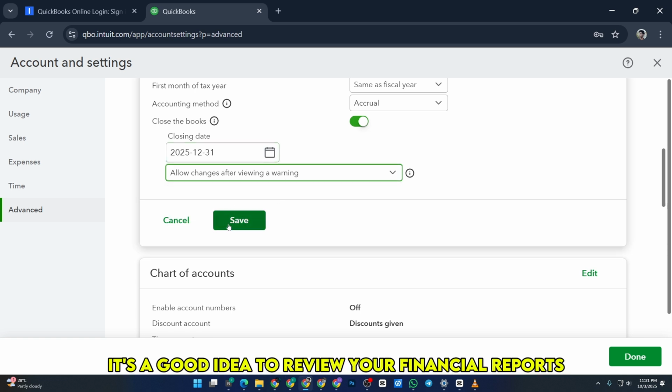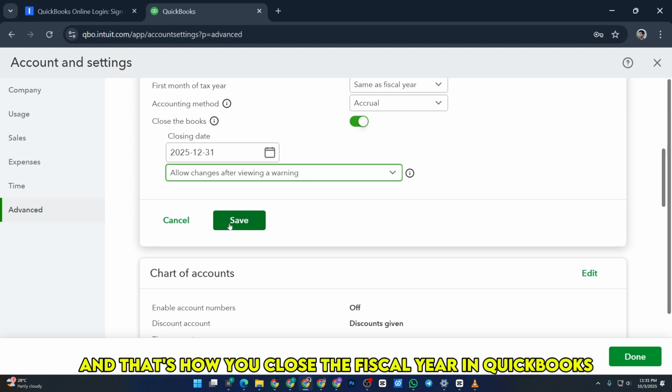Before doing this, it's a good idea to review your financial reports and back up your data just to avoid any future issues. And that's how you close the fiscal year in